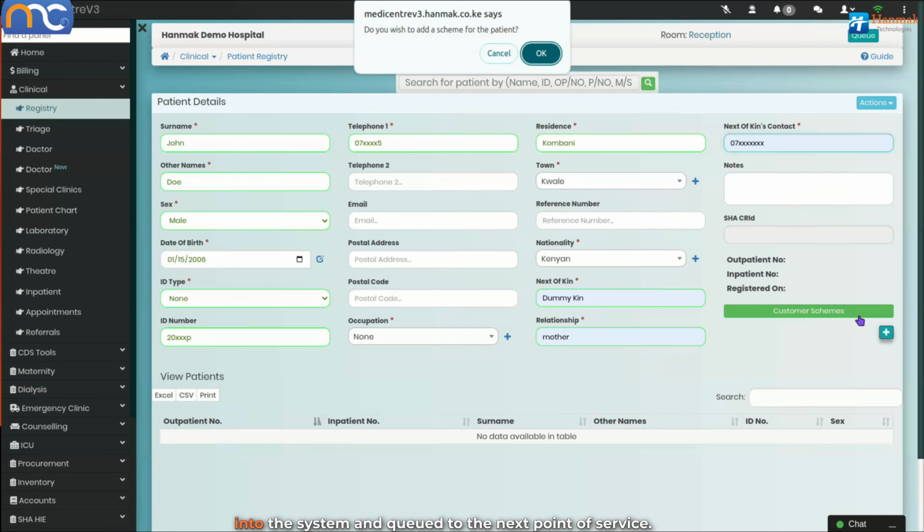At the billing point, the cashier accesses the patient from the patient queue. In scenarios where the receptionist is also acting as the cashier, the process remains the same. The receptionist accesses the cashier queue panel by clicking the queue button located at the top right corner of the screen. On the queue window, the patient will not appear under the reception queue because they have already been queued